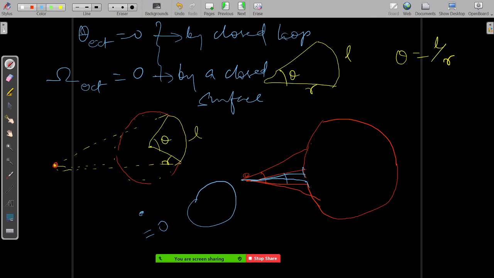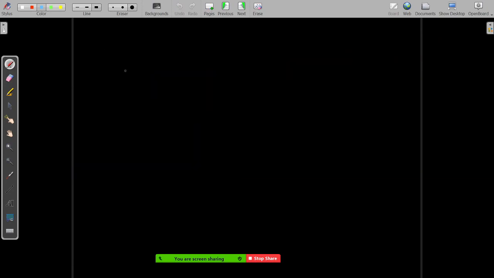Now we come to Gauss law. So what we'll see is that Gauss law says that the flux